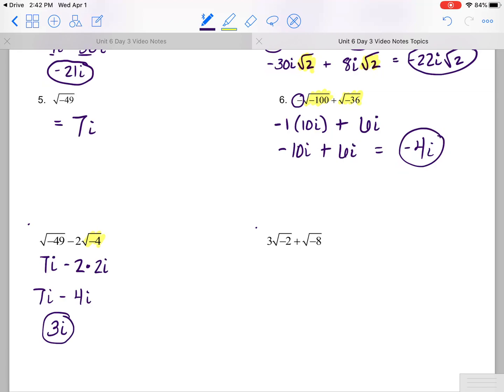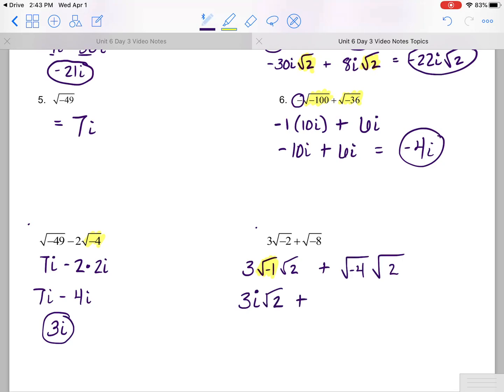So this one here I have the square root of negative 2. So I can actually split that up into the square root of negative 1 and the square root of 2. Plus, I can split up negative 8 into a negative 4 and 2. So this becomes 3. Now the square root of negative 1, do you remember from video 1, is just i, radical 2,